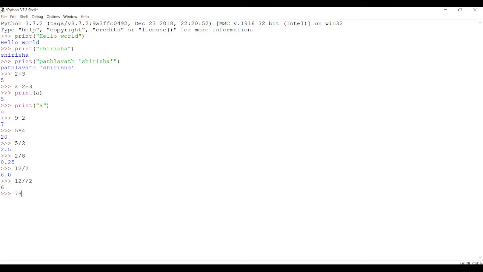Okay, you can find percentile as well. 78 percentile 2 equals to 0. Okay, so till now what we did was only one operation at a time: addition in one line, multiplication in one line, division in one line. So let us try an example that includes all these operations in a single line.